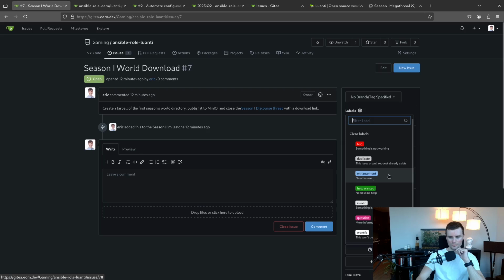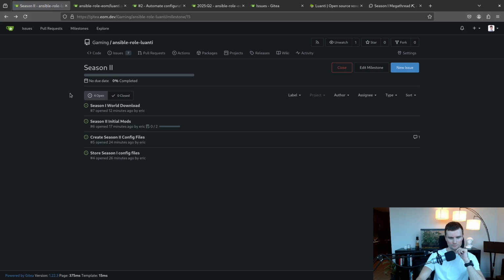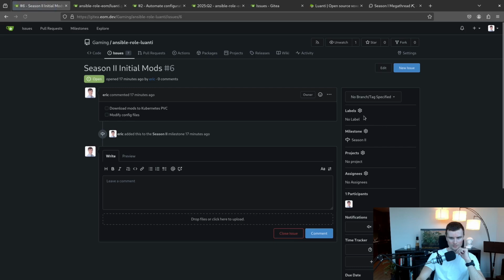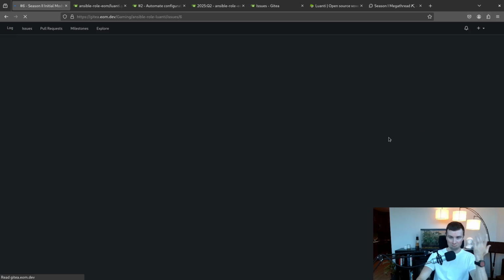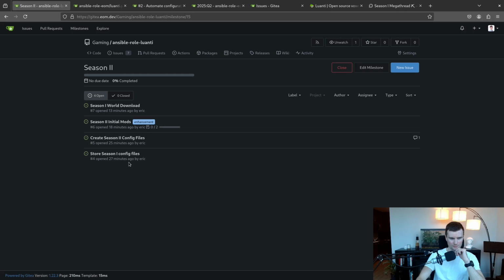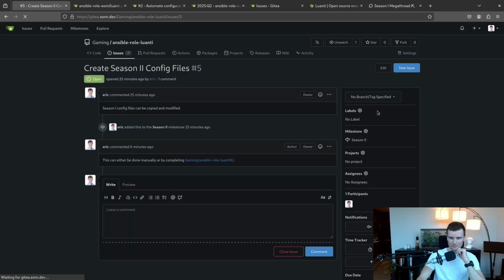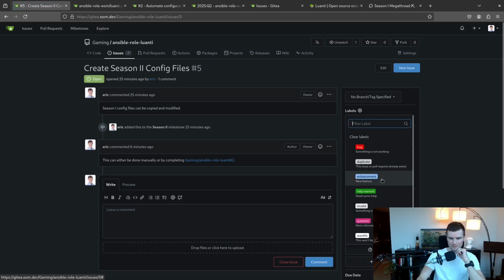It's not really a new feature. Let's try a different one. Initial mods. Okay, that works. What about the others? Yeah, the config files. What would I call this? It's an enhancement, isn't it?